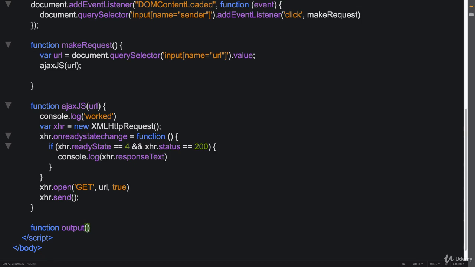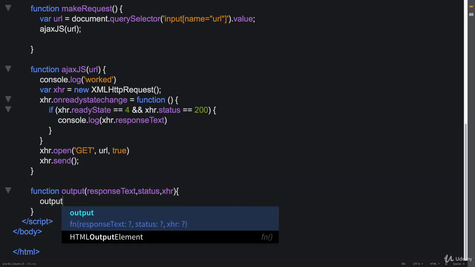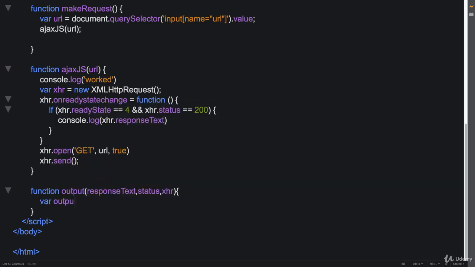So some of the parameters that maybe we want to pass in is the response text. So we'll call it response text. We also maybe want to pass in a status. And then lastly, maybe we want to pass in some XHR object information. And then within output, we'll put output into a variable. So output,